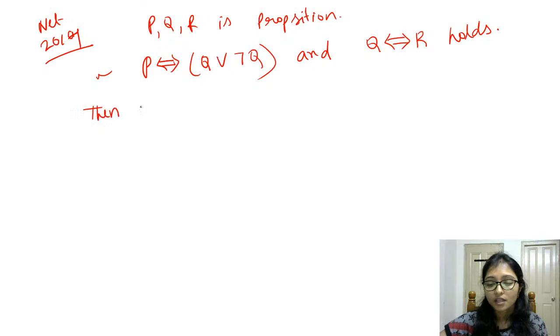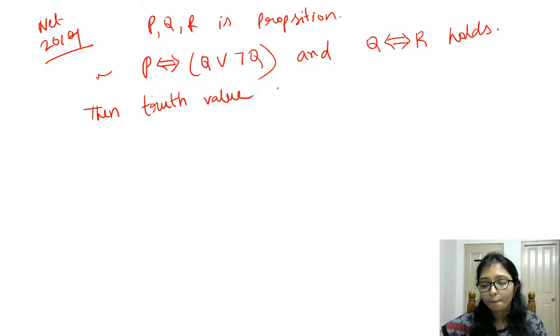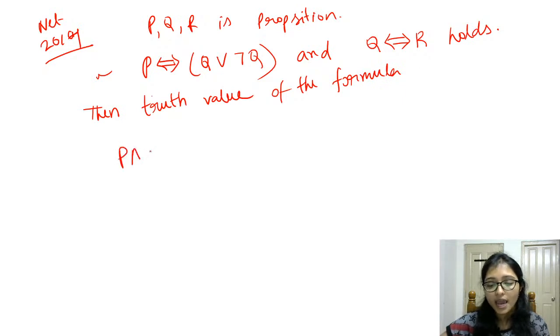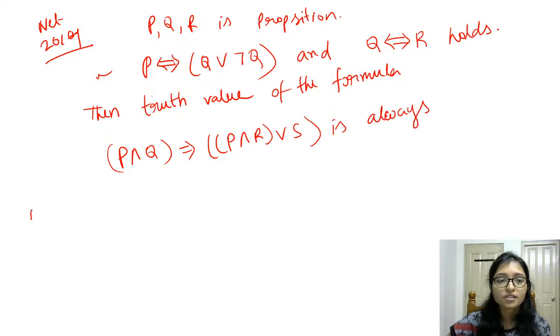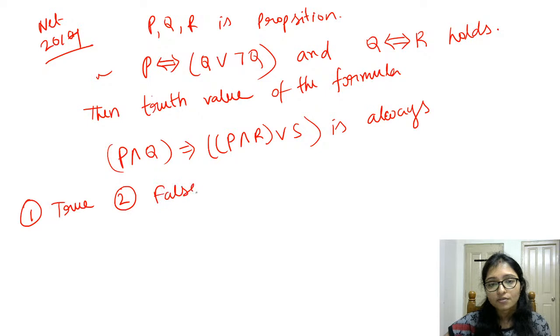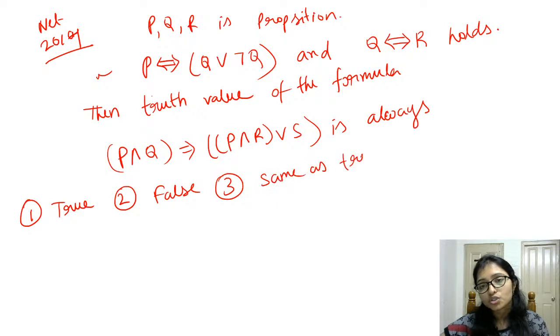Then the truth value of the formula P and Q implies P and R or S is always: option 1 is true, option 2 is false,